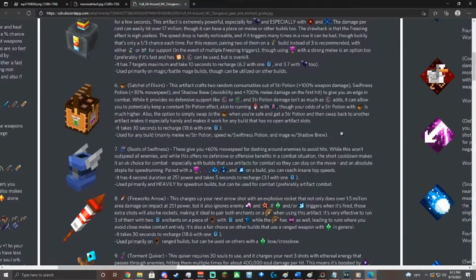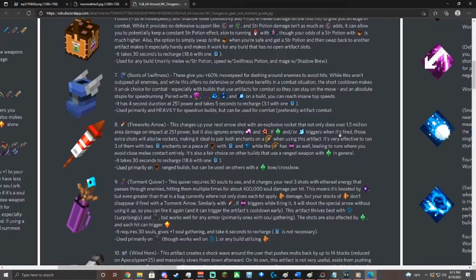And next you've got the Boots of Swiftness, which some like to use for melee, though I don't care much about speed as much as I like survivability and just comfort in battle, and Mushroom Speed is fine for me, but this shines especially on speedrun builds. These give you plus 60% move speed for dashing around enemies to avoid hits. While this won't outspeed all enemies, and while this offers no defensive or offensive benefit in a combat situation, since if you're running melee you have to stop to attack anyway and you're not moving,